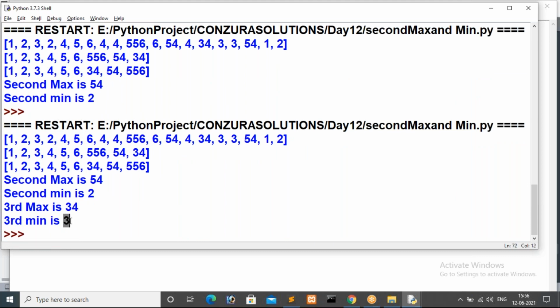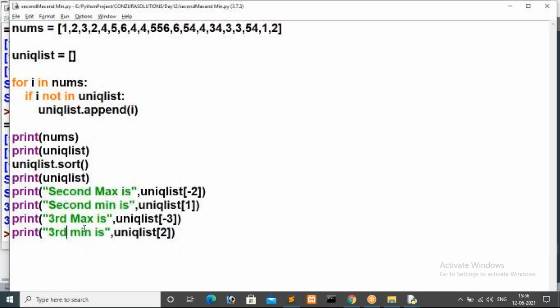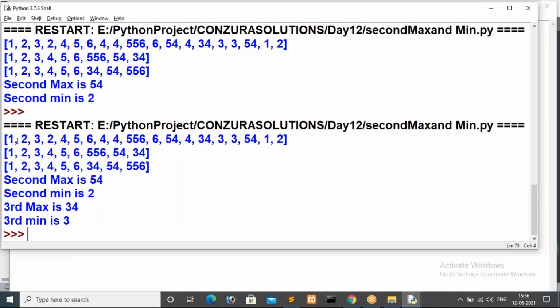Now, a few days back one of your friends asked us to print values with their count. In that case it is easy, guys. I want to print 1 hyphen its count, 2 hyphen its count, 3 hyphen its count, and so on, like 5, 6, 56, 54, 34, each with its count. I don't know the exact name of who asked that. Now it is very easy to print the value along with its count: how many times 1 repeated in that list, 2 repeated how many times, 3 repeated how many times.